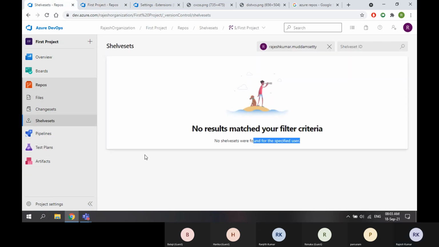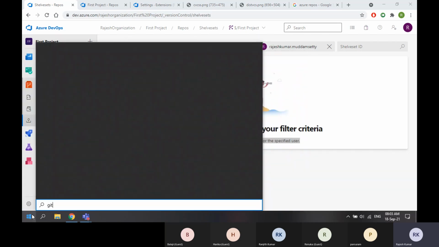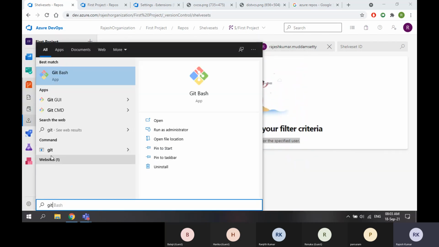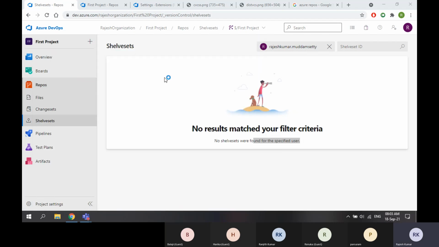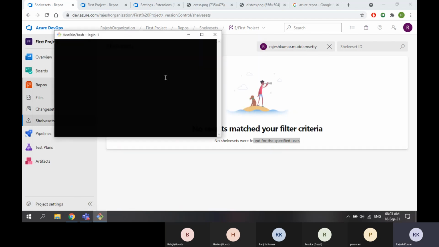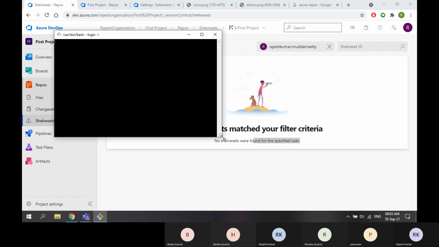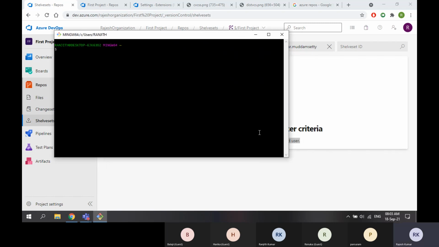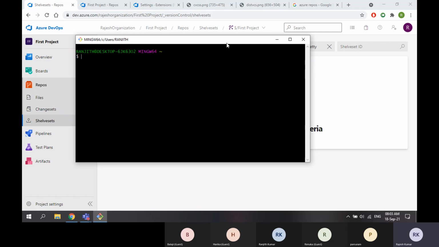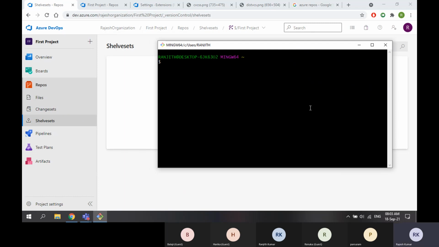Okay. So if all of you have installed Git, this is the Git window. They call it Git Bash. Why? Because it was completely developed on top of bash script. So bash commands are something like this: if I say pwd, it prints the present working directory.